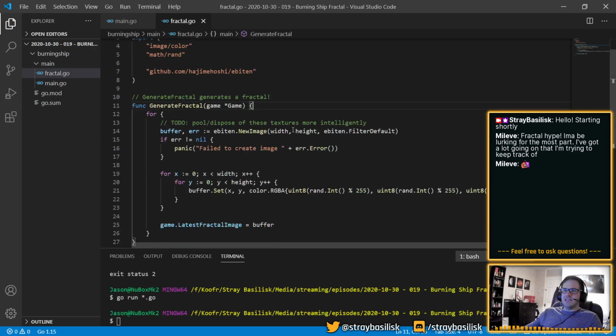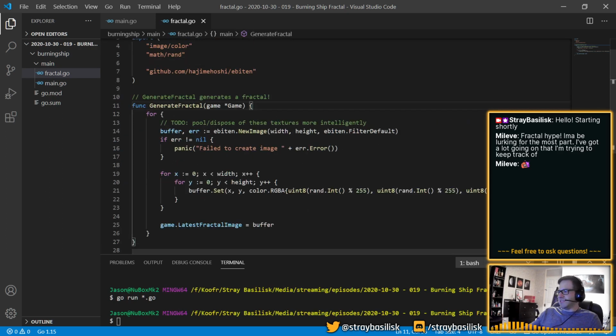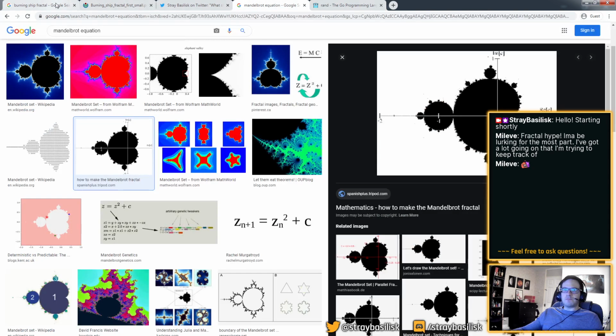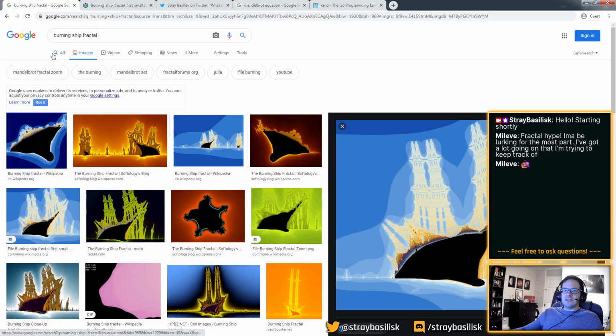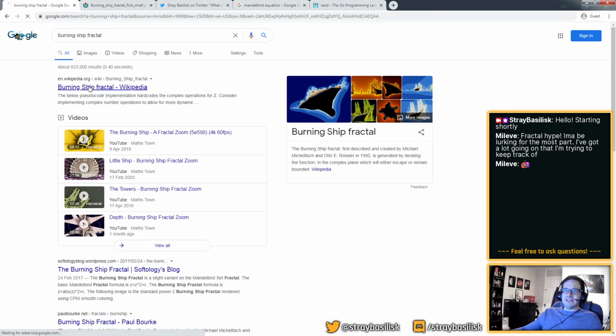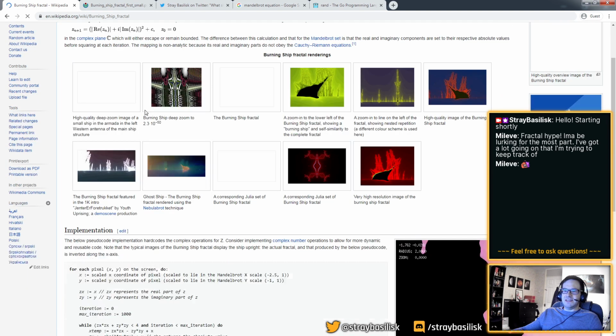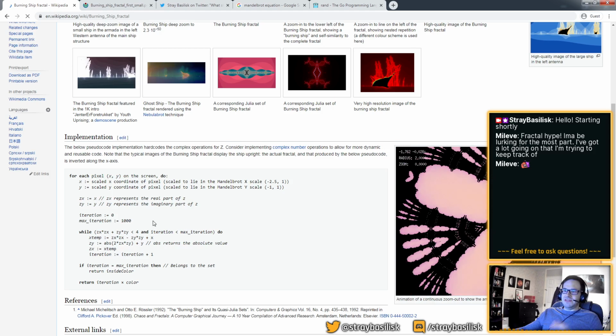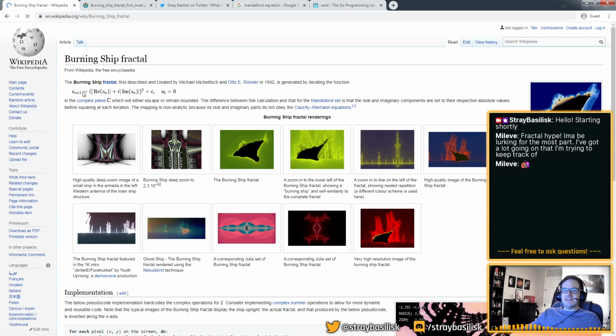Okay, let's actually have this generate a fractal, right? So what is the burning ship fractal? And how do you render a fractal in any case? Good old Wikipedia will give us the equation for this. Oh, it actually gives us code, which we could just steal. Let's see if there's just a formula. Okay, this is a